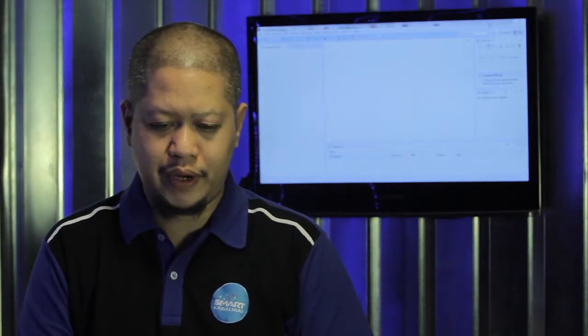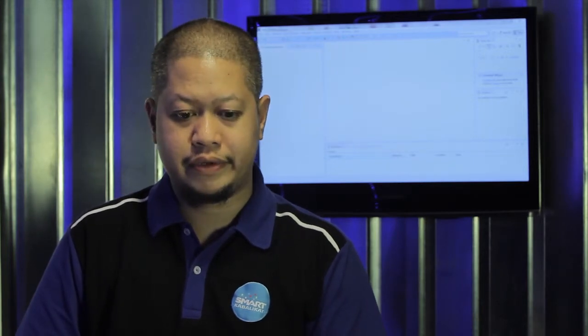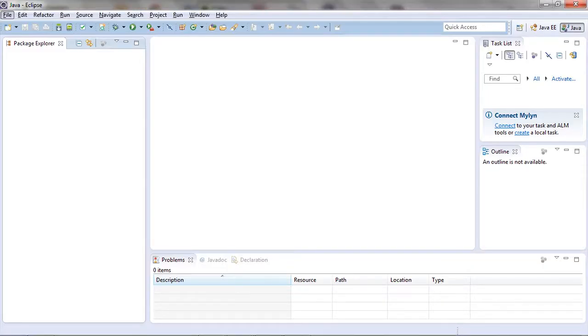Now that you've spent about 5 minutes staring at your Eclipse screen, it's time for that grand old tradition of programming, the Hello World application. If you want to create Hello World on Android and the Eclipse integrated development environment, just follow what I'm going to do right now. Click on File,